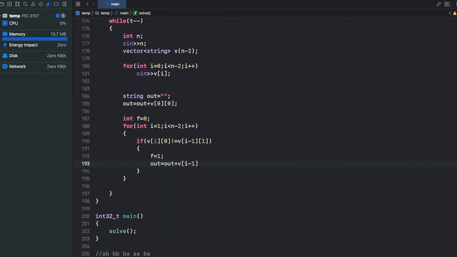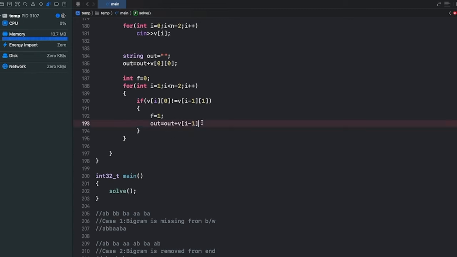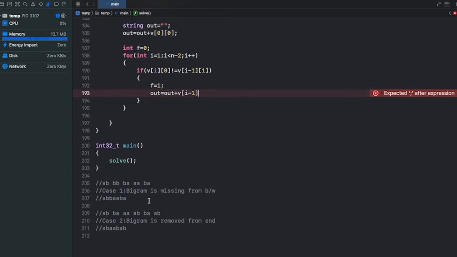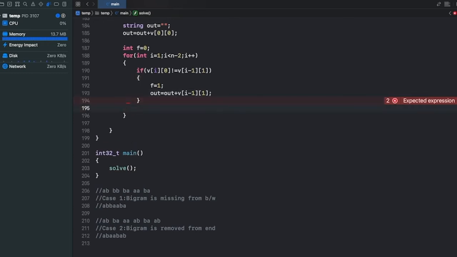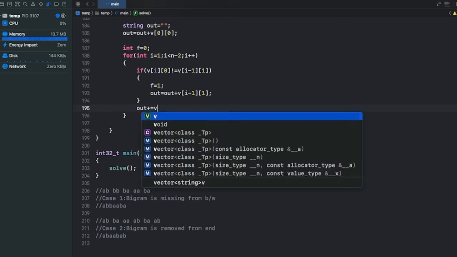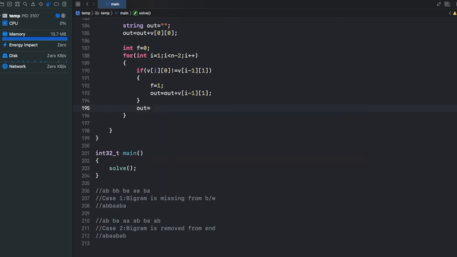Add the previous string. A bigram is missing over here, so here we'll add the previous string's second character, and in all the other cases we'll add the first character of the present string.